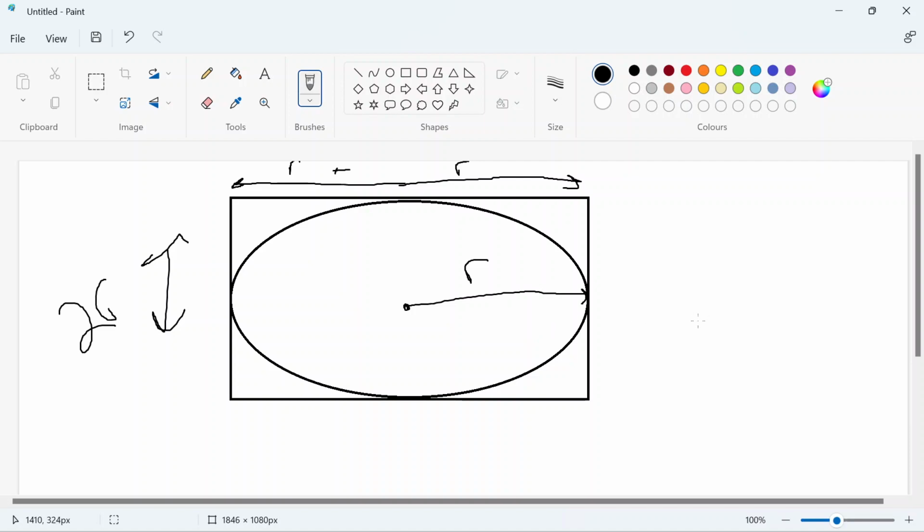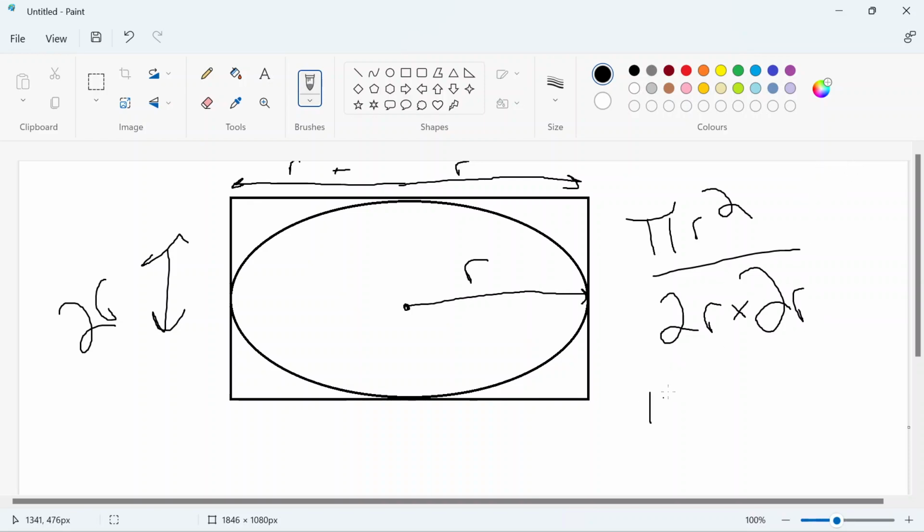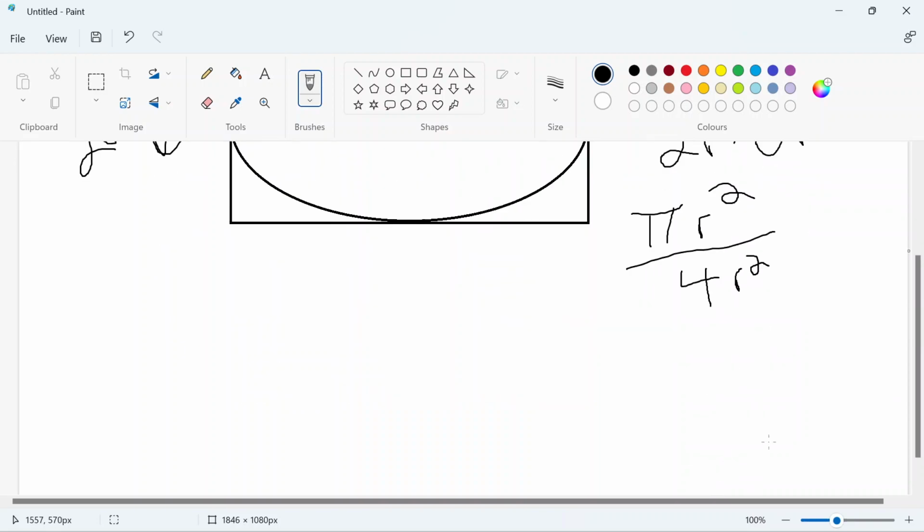To find the area of the circle, we simply have pi r squared. And to find the area of the square, it's simply 2r times 2r, which is 4r squared. So the ratio is pi r squared divided by 4r squared. Since r squared is common on both, we cancel it and we're left with pi